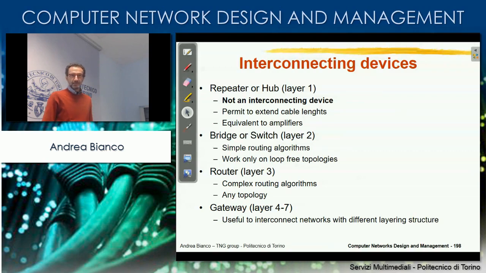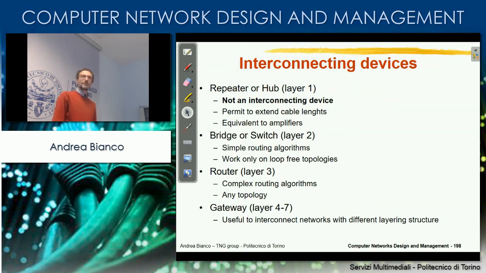Starting from the other devices listed here, which are called bridge or switch when operating at layer 2, routers when operating at layer 3, or in general gateway when operating at higher layer protocols, we have a real network interconnection. So we are interconnecting through this store and forward device. All of them are store and forward devices, whereas the repeater is not store and forward. They allow you to really interconnect several portions of LAN, and on each LAN you have, of course, the limitation of a single segment of